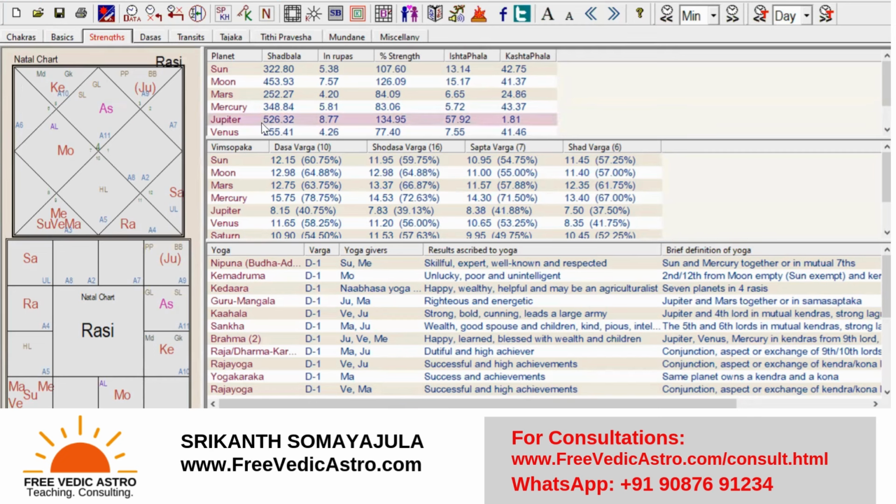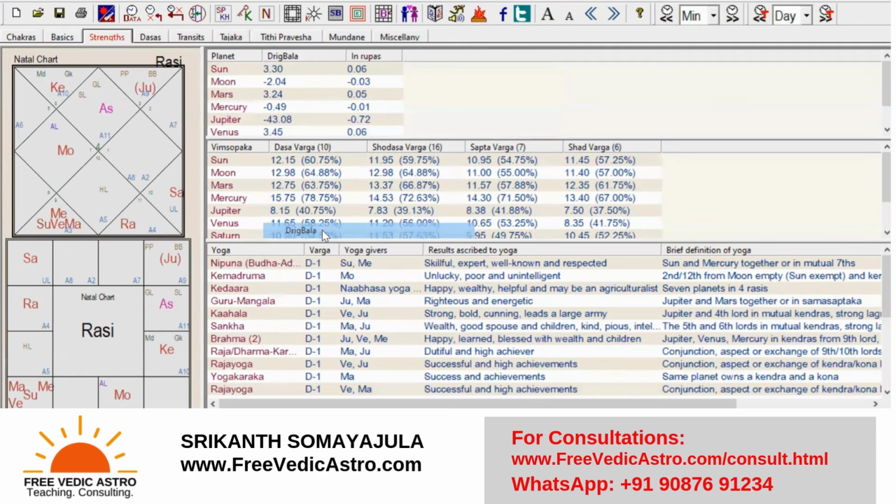Whenever you're looking at the Drik bala, especially the Drik bala, a lot of people will be worried, having seen, look at Jupiter, it is receiving minus 43. So it will give a bad result. It is not going to work on the numbers. Okay. Sometimes a planet has to receive a bad aspect. Let us suppose you want to be strict in this world. What does Guru promote? What does the Panchamahapurusha Yoga Guru is promoting? He is promoting the Hamsa Yoga.